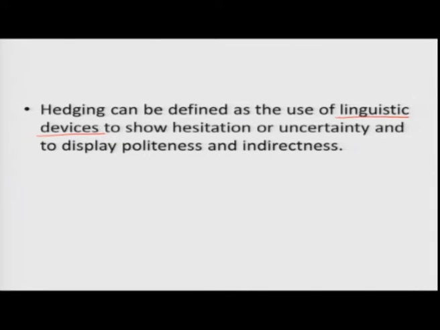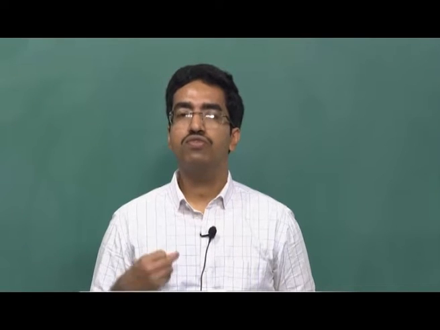Now you might think, okay, in an academic context I have done research, following all the protocols and all the conventions in my field of study. It has been a quite rigorous experiment, and I have now got the results. Then why do I need to be cautious about the claims I make? Why do I need to be polite about what I am saying? Why can't I say something with full force? This is a common question many people